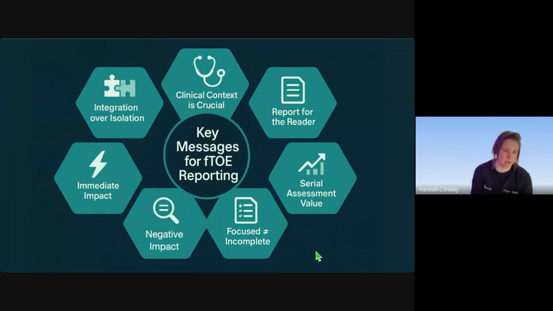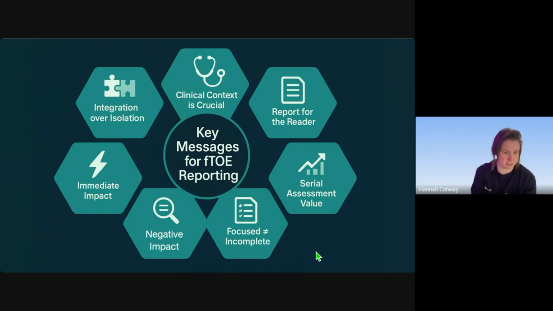I know it must feel like we're constantly hammering this into people, but that's what I think separates critical care physicians and practitioners from individuals that perform echo in a departmental setting. We're using this tool to change management, so it's crucial that we create a report which is contextualized to the patient's situation. I've talked about the report needing to be written for the reader